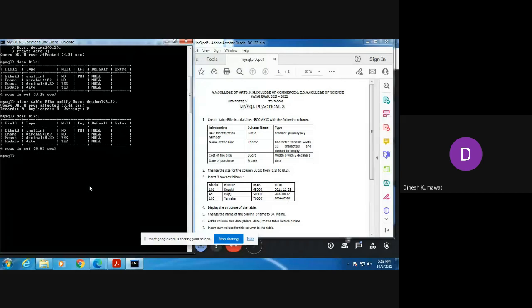Which command do we need to use for inserting these 3 rows? Insert into bike values.